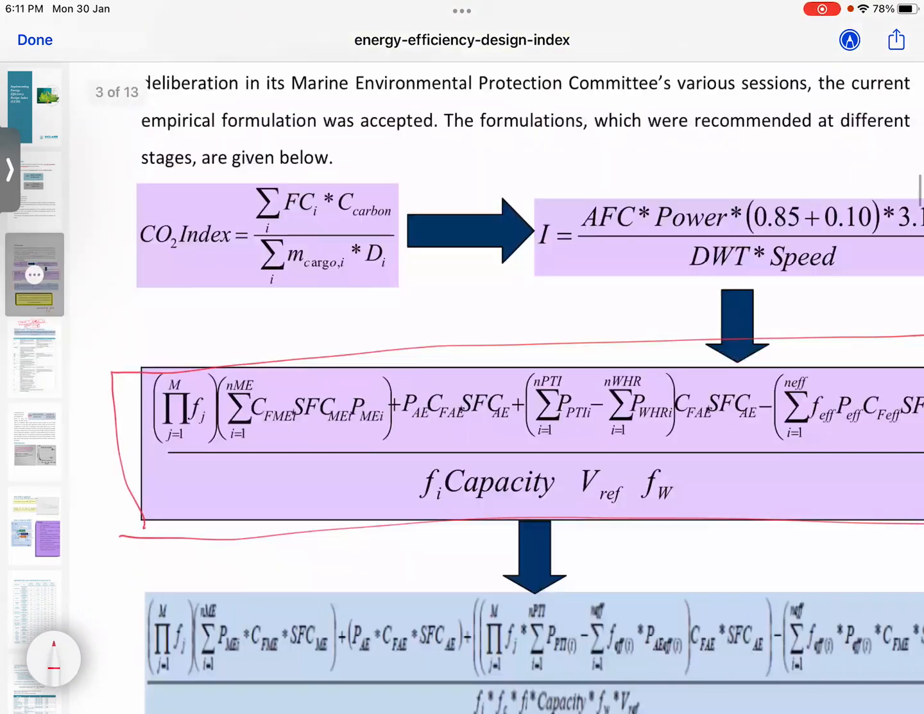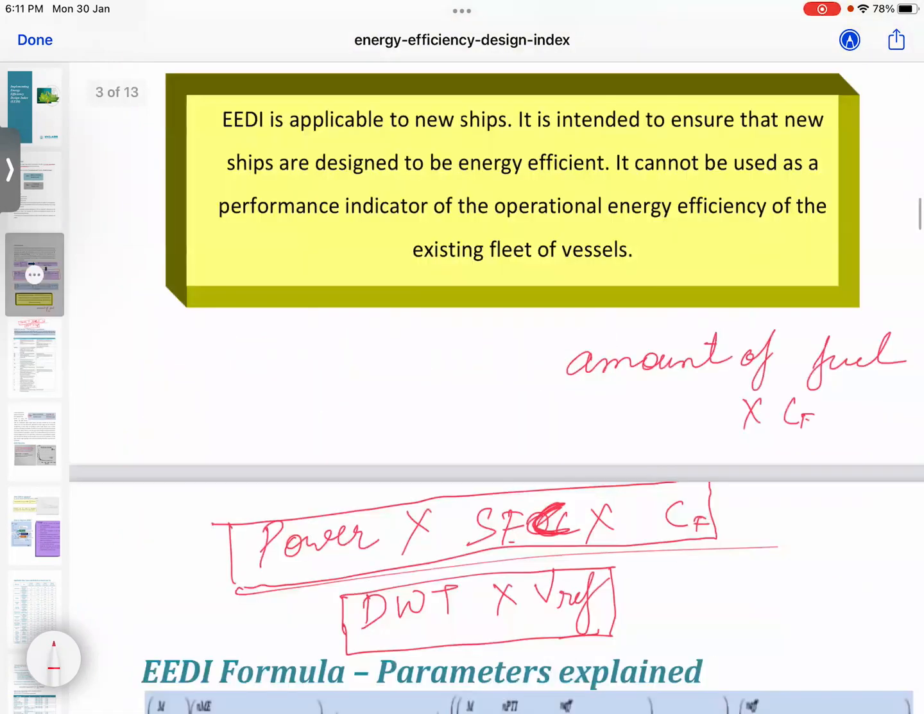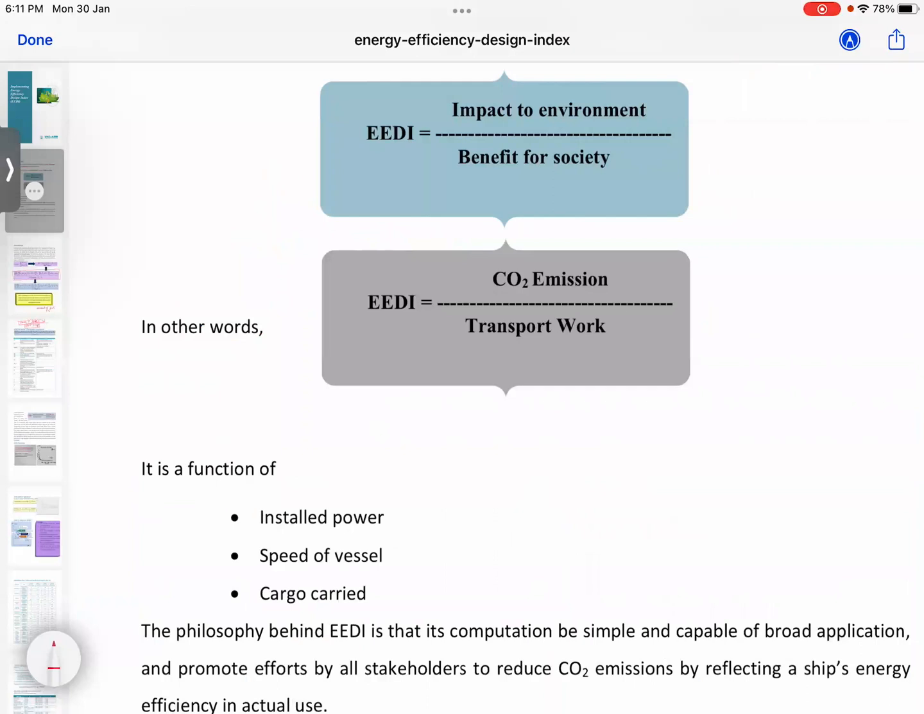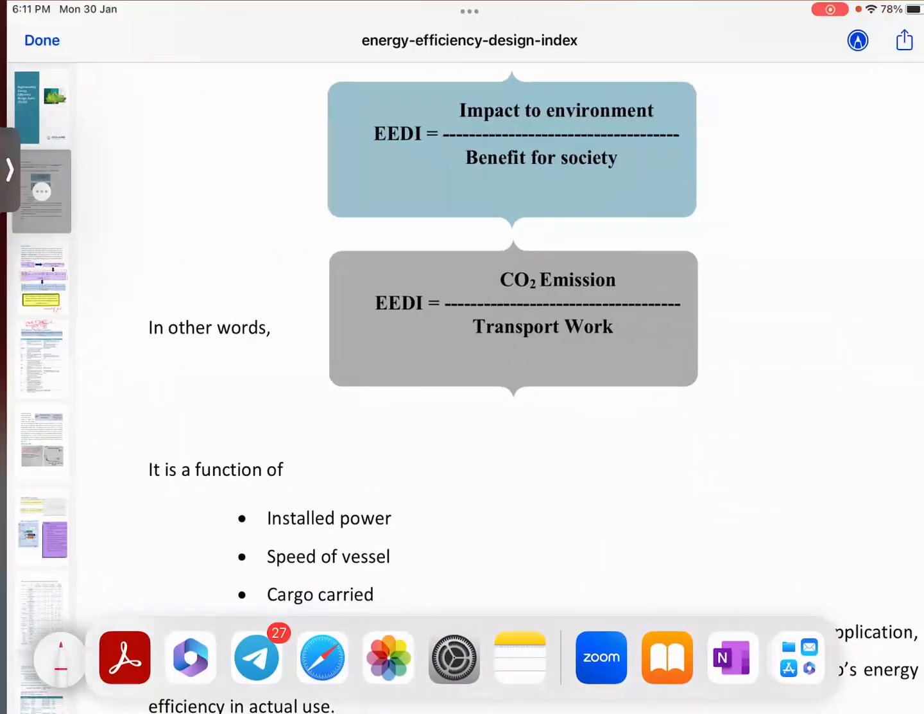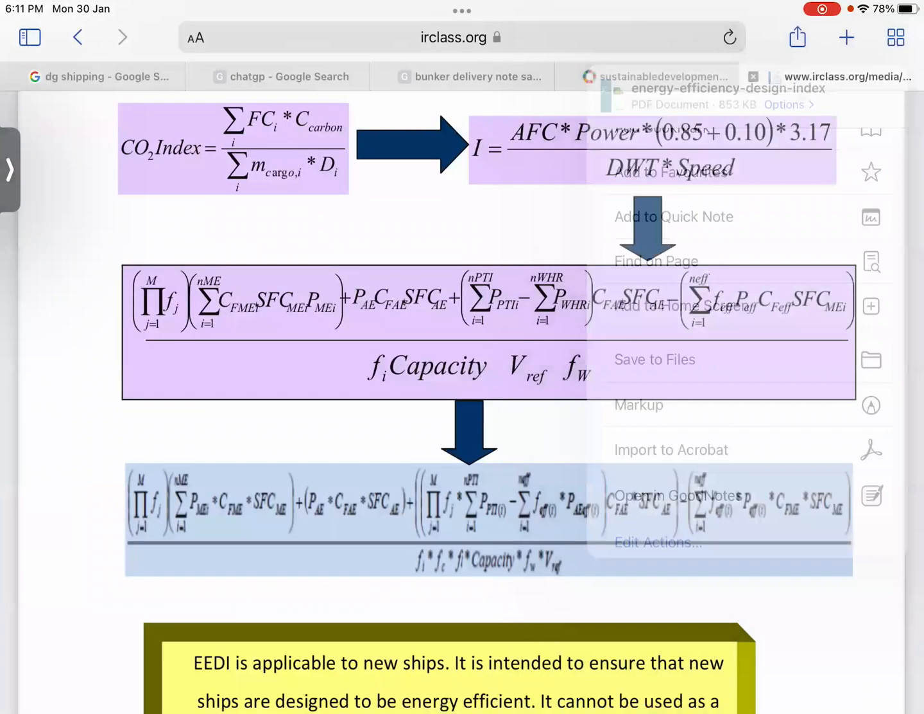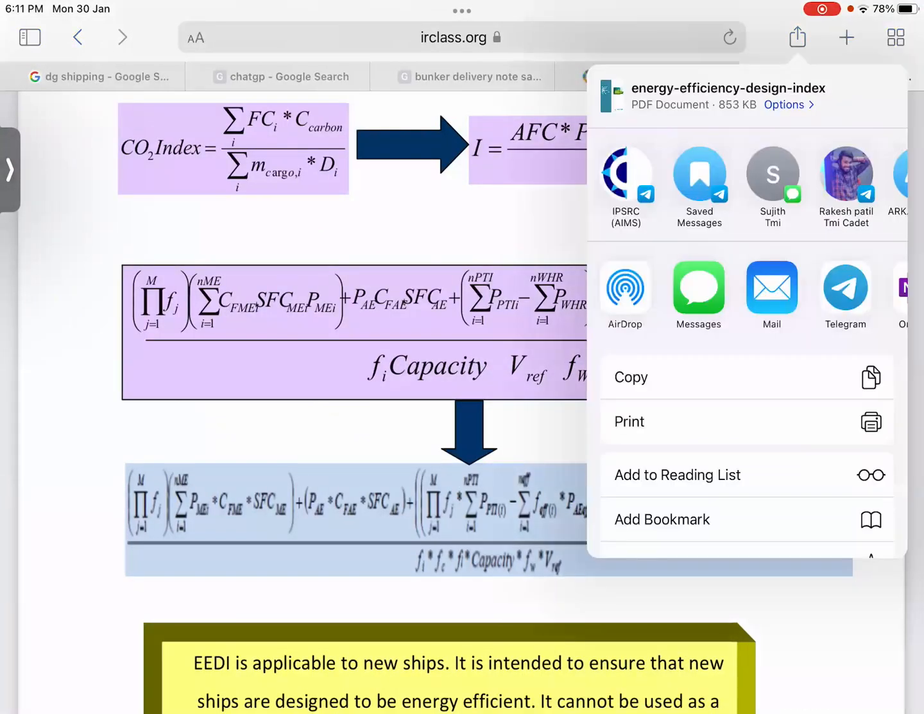If you see this formula, CO2 emission is power into SFC into the carbon conversion factor divided by transport work. Sir, this carbon conversion factor came from the amount of fuel burn into conversion factor? No, it is actually a standard value. It is given, right? I'll show you the actual thing. Just a minute. I'll share this file with you. Otherwise,